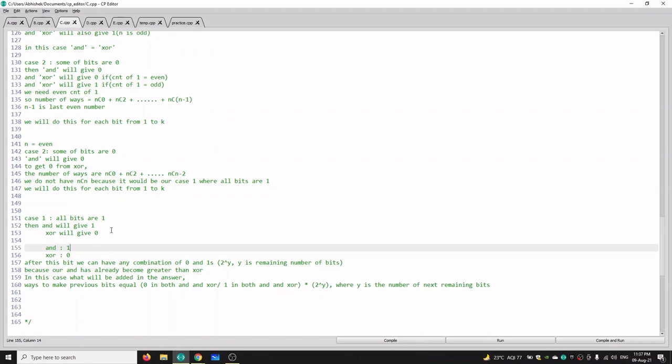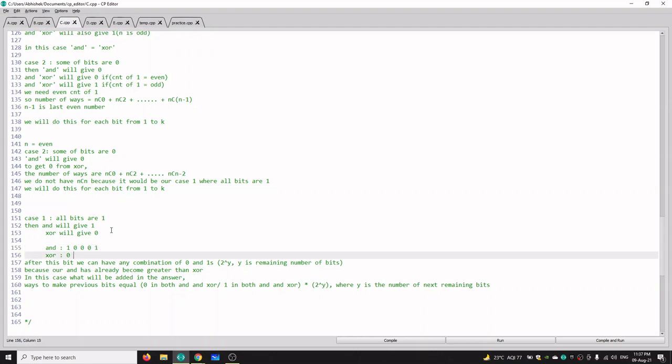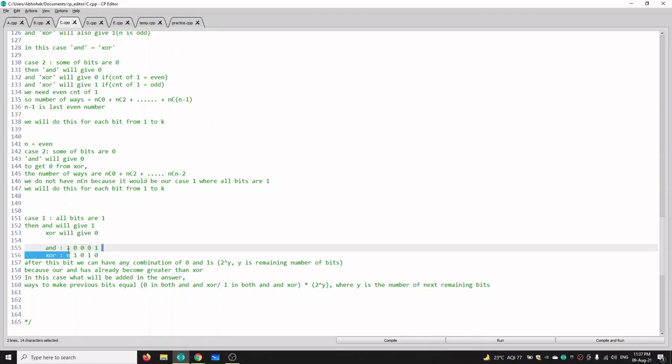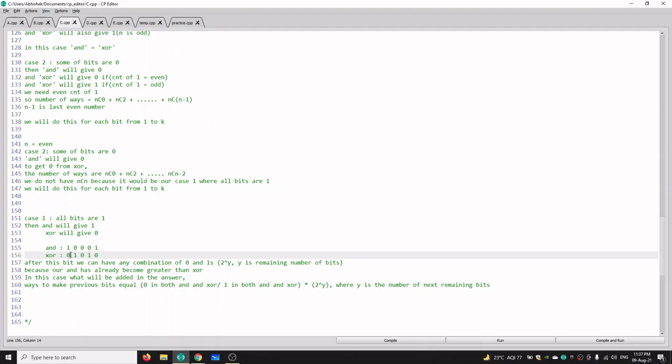Now, whatever values we add after this, any random values, the AND will always be greater than the XOR, because the most significant bit is 1 in AND and 0 in XOR. Okay, clear?